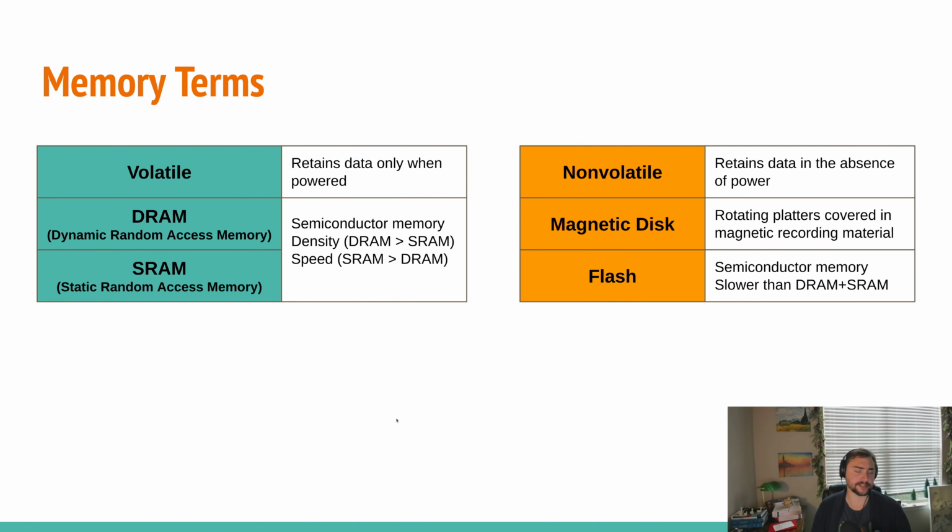It's important to understand the memory terminology because we're going to be using it a lot. So memory we can typically group into 2 major categories. We can group it into our non-volatile memory as well as our volatile memory. So our volatile memory is our memory that retains data only when powered, right? So things like our DRAM and our SRAM, our dynamic random access memory or our static random access memory. So this is memory where if we pull the plug on our computer, it becomes no longer powered, all of